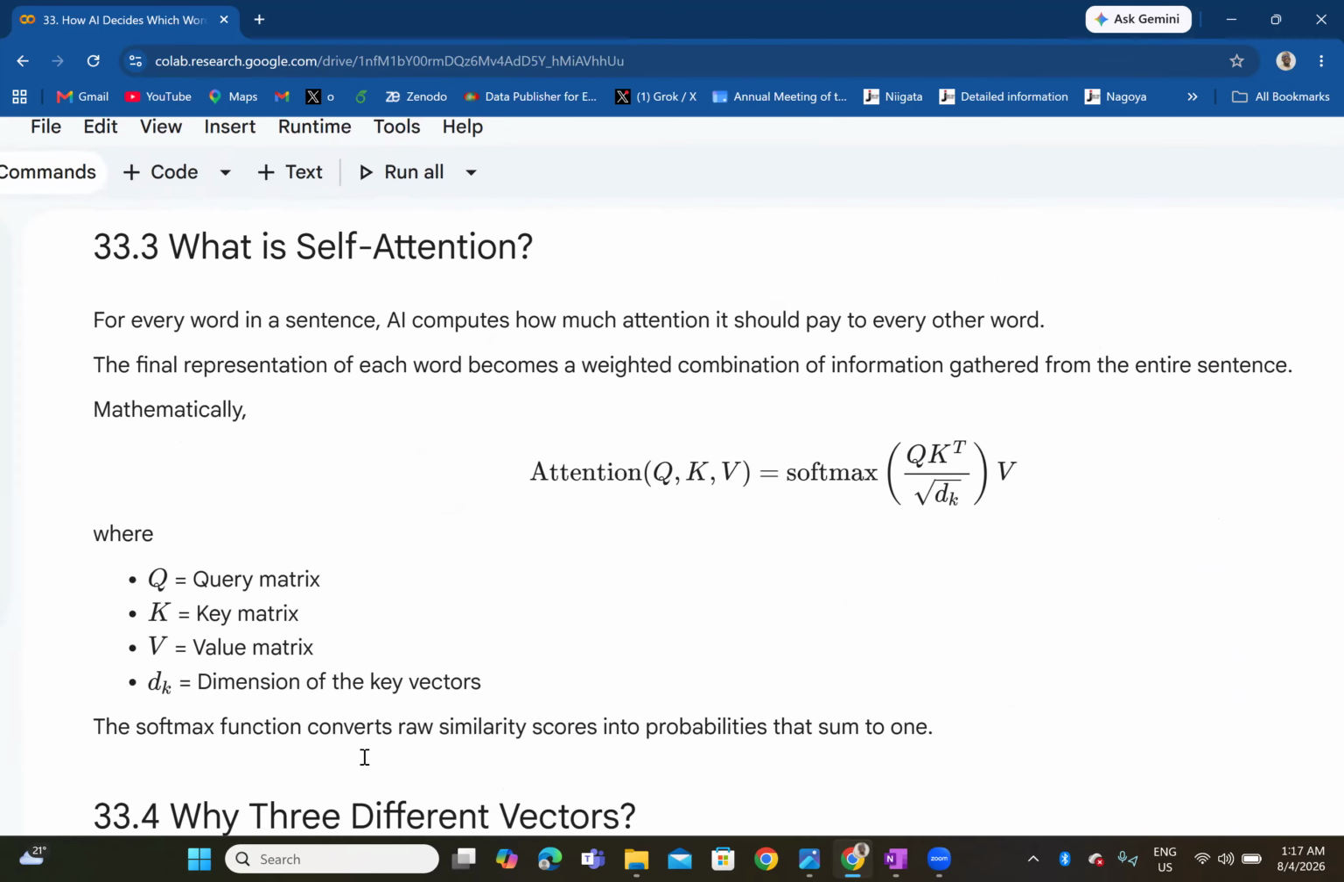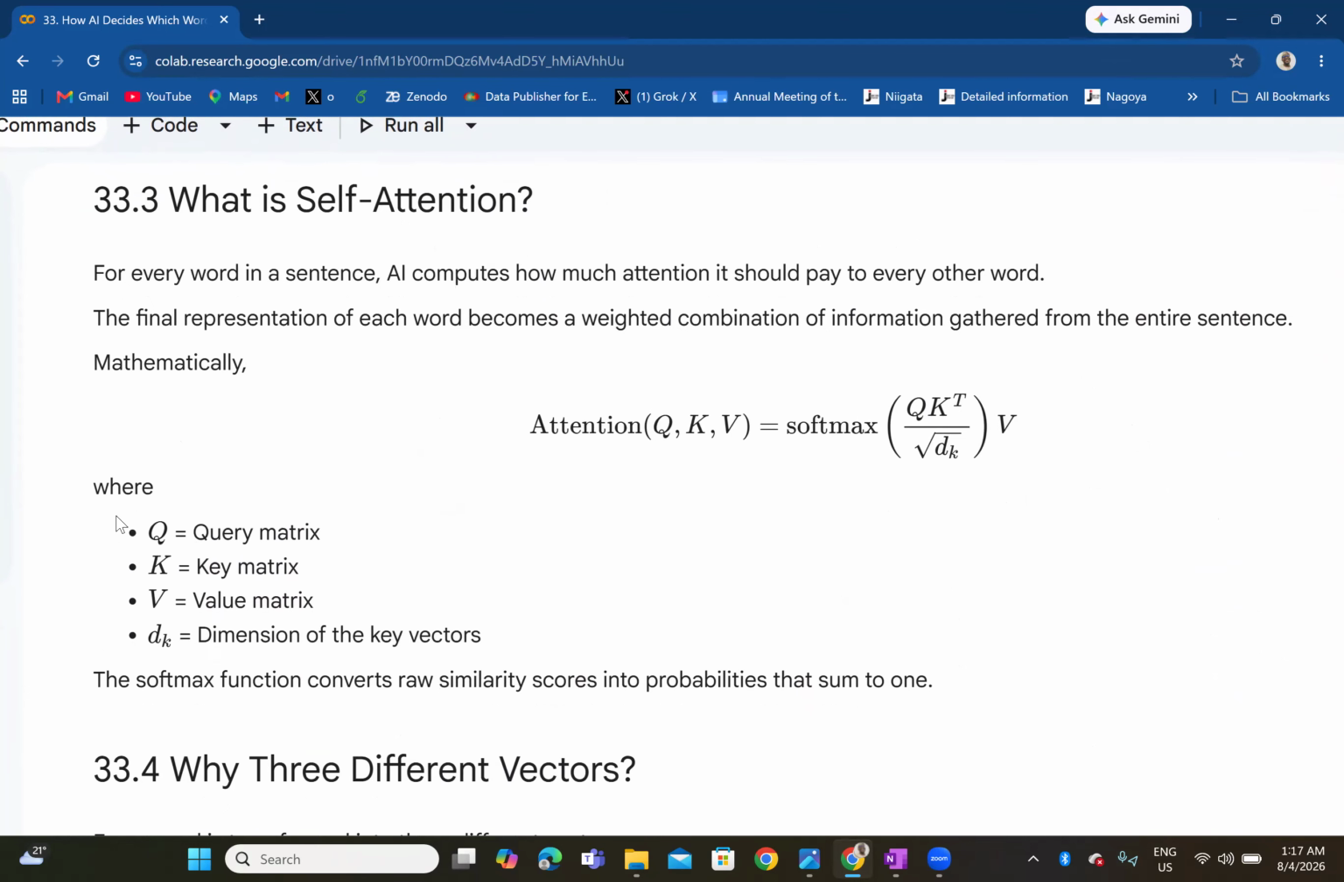Talking about what self-attention is, for every word in a sentence, AI computes how much attention it should pay to every other word. So the final representation of each word becomes a weighted combination of information gathered from the entire sentence. And mathematically, we use the attention equation, which we have seen a lot of times already. So attention is a function of the query matrix, the key matrix, the value matrix, and that is computed as softmax of the attention